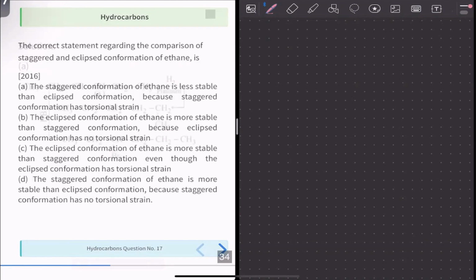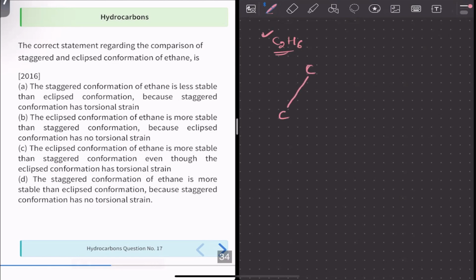The first question of today's session is question number 17. It is asking for the correct statement regarding the comparison of staggered and eclipsed conformation of ethane. So it is asking about the conformational isomers of ethane. If you write ethane this way, you can't know how many conformers there are. But if you draw ethane in this way,